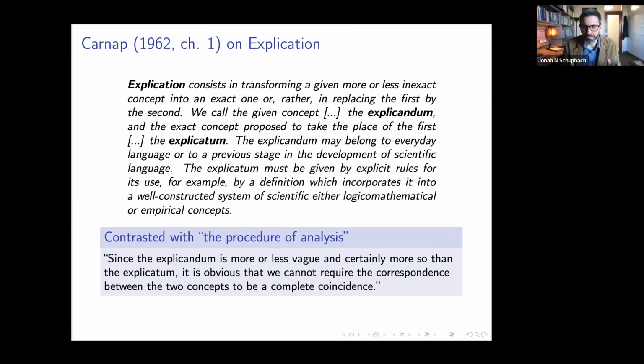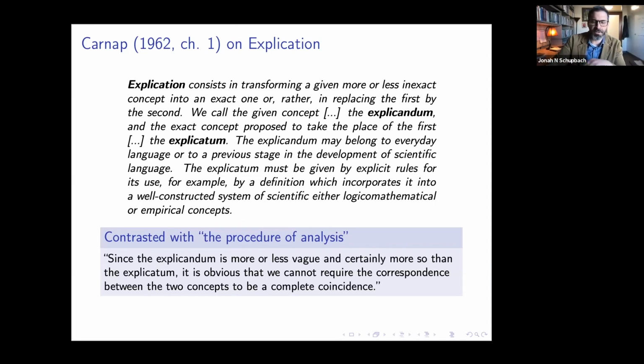But at this point, I want to really focus in on that, because by setting the method of explication off against the procedure of analysis, what Carnap effectively does is present the need for new criteria of success, right? With the procedure of analysis, we have a very clear sense of what it takes to have an accurate or correct, satisfactory, adequate analysis. And it's exactly that requirement of complete coincidence. As explication parts ways with analysis, there goes the perfectly clear criterion for success, so to speak, right?